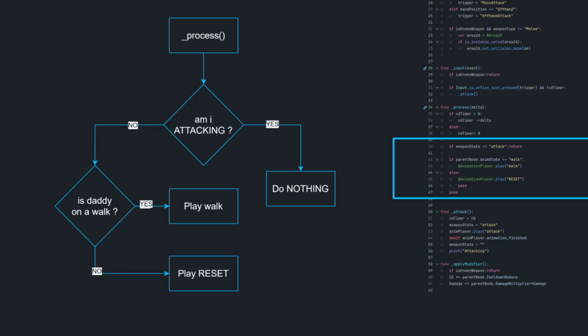So if the weapon state is attack, it's not going to process the animation if it's like walk or idle.